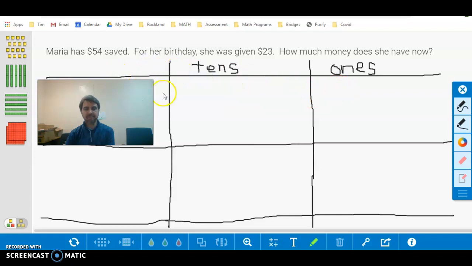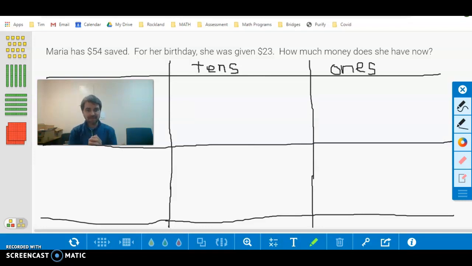We've got a place value chart. We've got the ones, the tens. This would be what place? This would be the hundreds. I didn't write it down because we're not going to use the hundreds right now. And my video picture of myself is in the hundreds place because, again, we're not going to use the hundreds